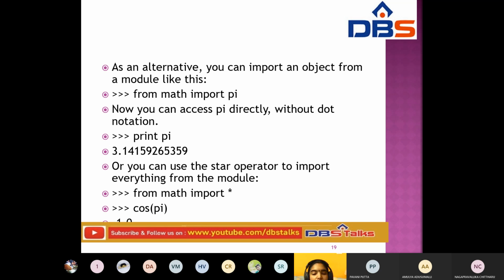Then cos of pi, where star means everything. The star operator imports everything from the module. Cos pi gives the value 1.0 like that.